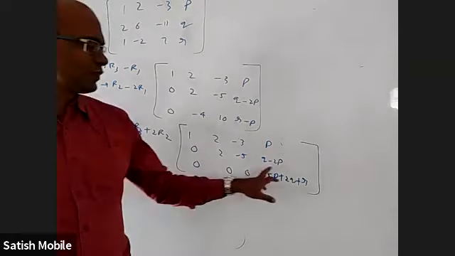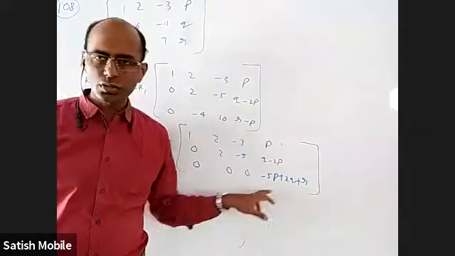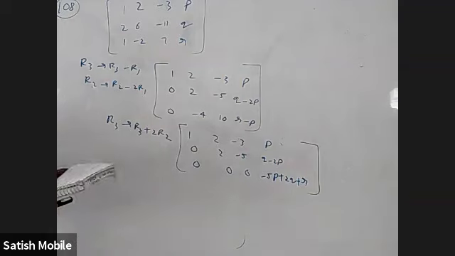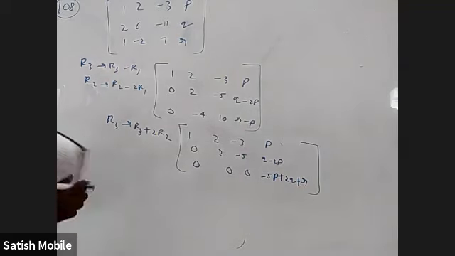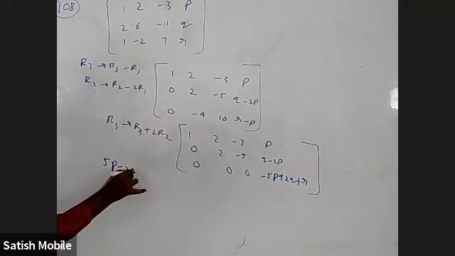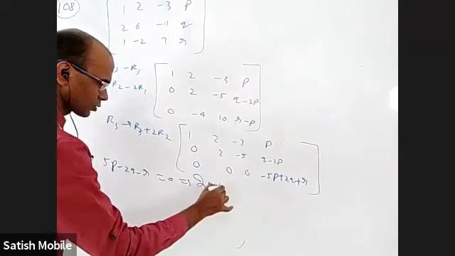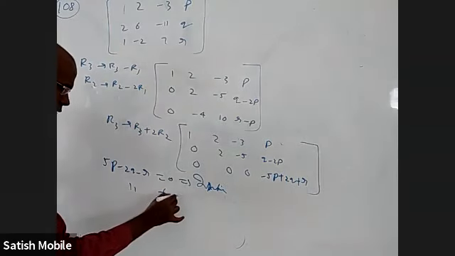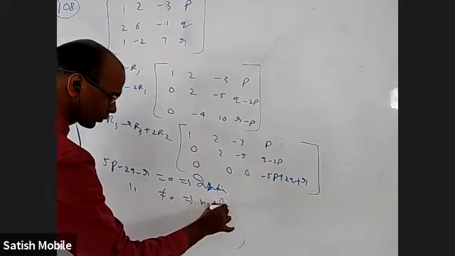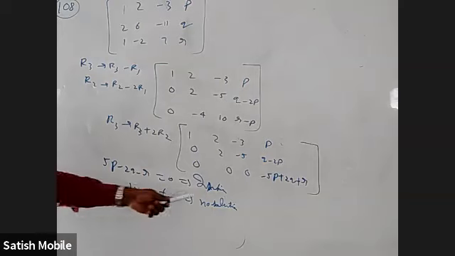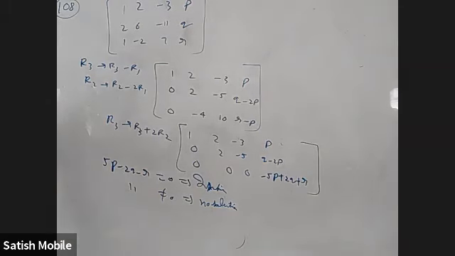You can easily see if it is 0, infinite solution. If it is non-zero, no solution. That's it. I can take minus common just to write 5p. So 5p minus 2q minus r equal to 0, infinite solutions. Same thing, not equal to 0, no solution. Unique solution is not there. Whatever PQR you take, you cannot get unique solution. So they said at least one solution means either 1 or infinite, but 1 is not even possible. The infinite solutions you want means 5p minus 2q minus r should be 0.